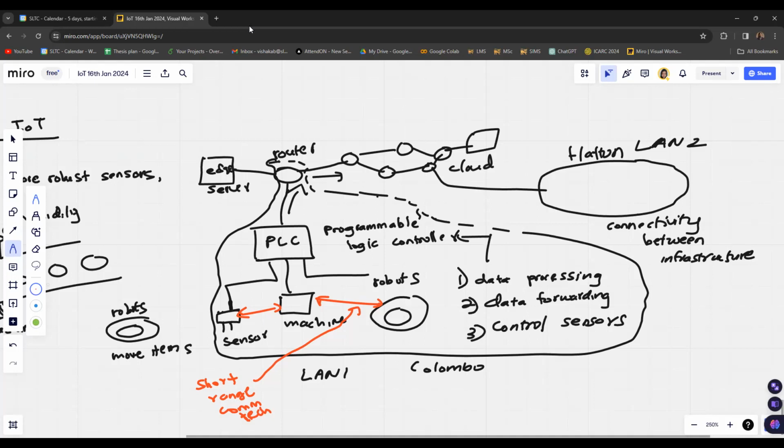So if you have a remote user who's trying to access the information, they can connect to the internet and obtain the data regarding the situation of the industry by accessing the cloud server, which has the information regarding the industrial facilities. If there's a manager who's living in the USA, for example, but wants to evaluate the manufacturing in Sri Lanka, then they need to connect to the internet, access the correct cloud server and obtain the data. So they will be able to monitor the industrial facility even when they're living in a faraway place.